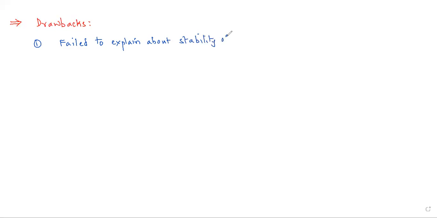What is that? You know, according to Maxwell's electromagnetic theory, any revolving charged particle like an electron,